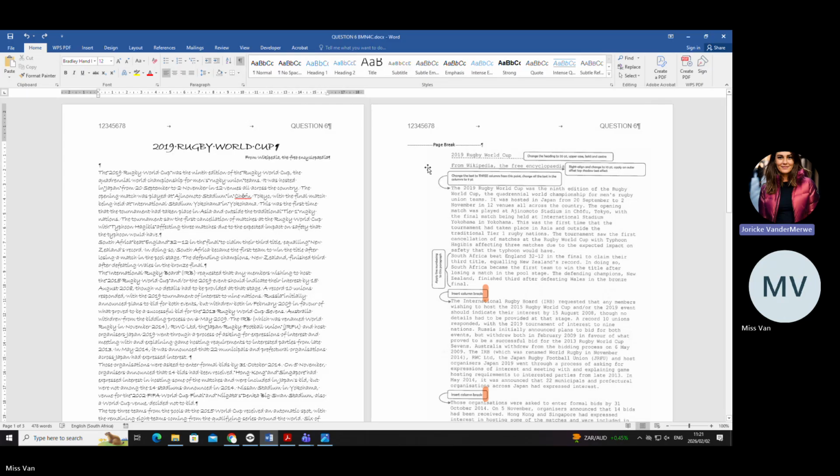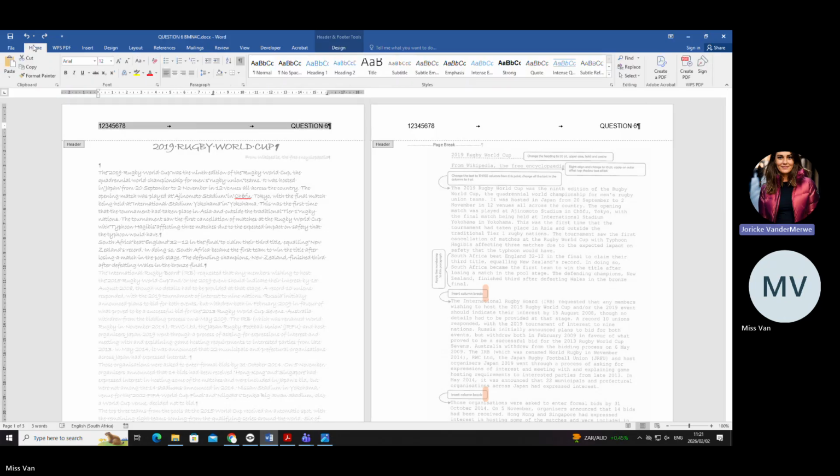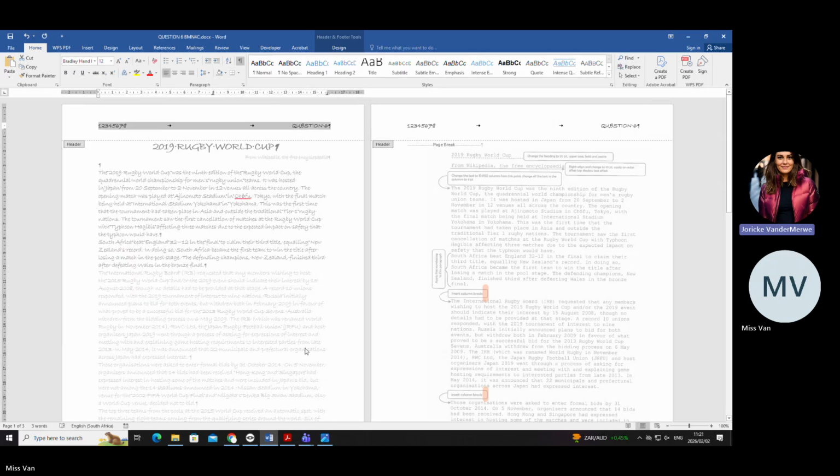So what are you going to do? You're going to double click. Can you see it was not included in the whole document? So you need to go into the header again, press Control A, which is again for selecting all, only selecting the header, go to Bradley Hand, and I actually think they don't ask you to change the size.